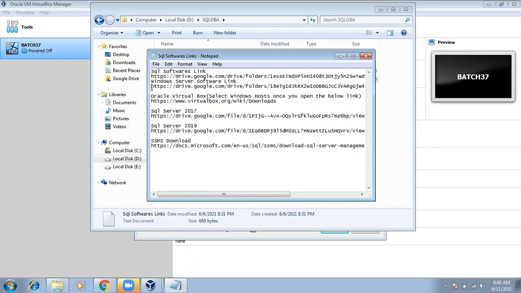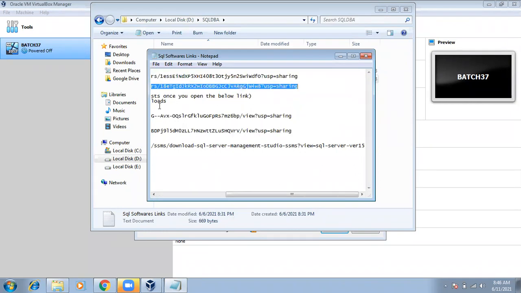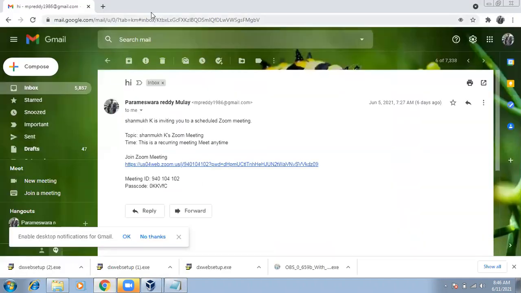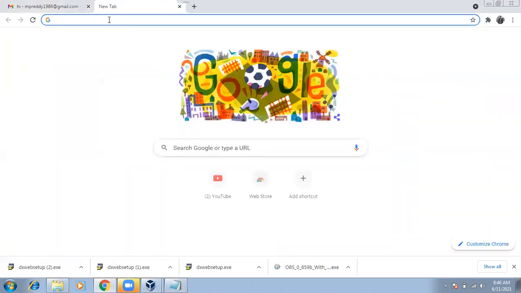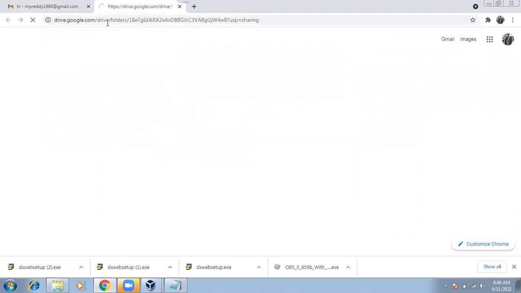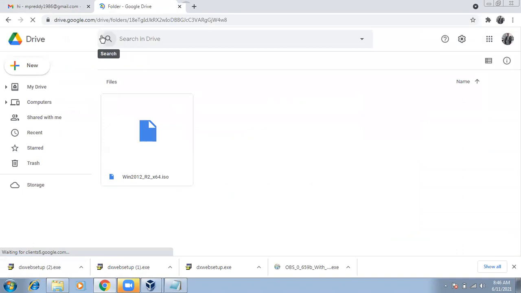In case you don't have another option to download, try to download either at night 12 o'clock or early morning 4 or 5 o'clock, so that the traffic will be less during this time. Then try to download using the mobile hotspot. Otherwise, in business hours, don't try to download from the mobile hotspot.